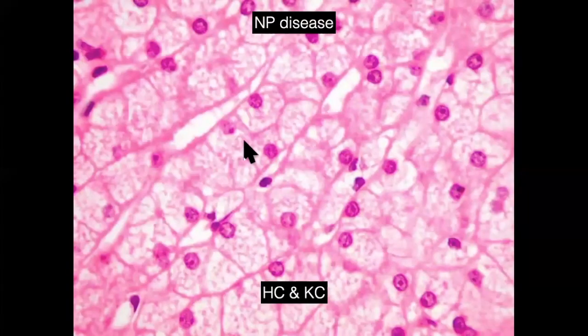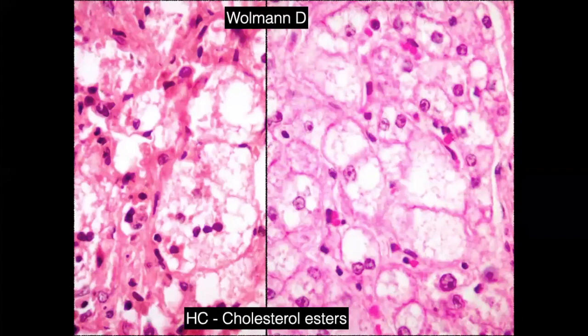Niemann-Pick disease predominantly happens in the hepatocytes. Sometimes it can also happen in the sinusoids. Again, this will look like a feathery degeneration. Without history, it's a feathery degeneration, but with the history, you have to say compatible with Niemann-Pick disease.